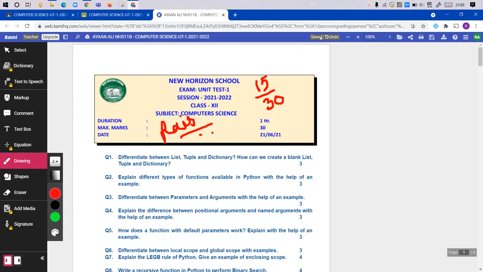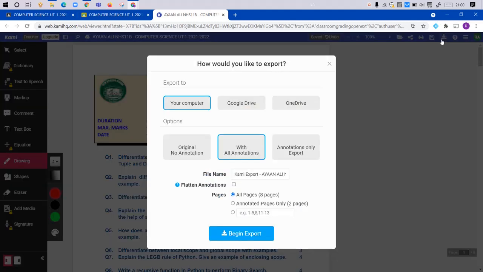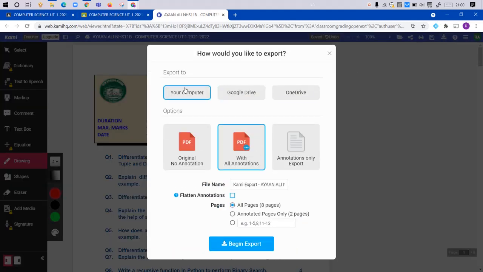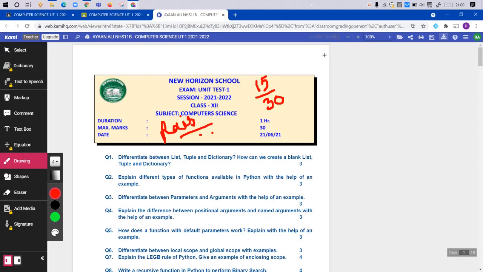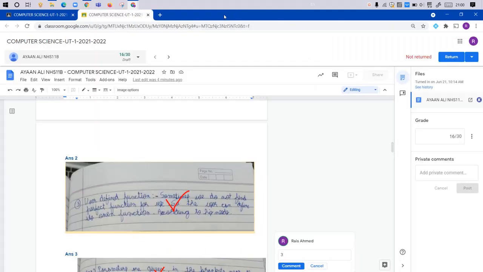You can see here saved option is coming. If you want to download this document, you can download from here. Click on download and you can select your computer option and export it into your computer, or by default the changes, this document will be saved in the Google Drive, so you don't need to worry about it. Just close it.